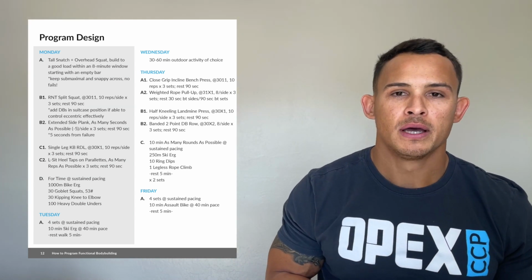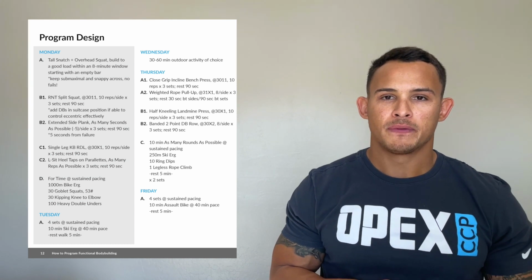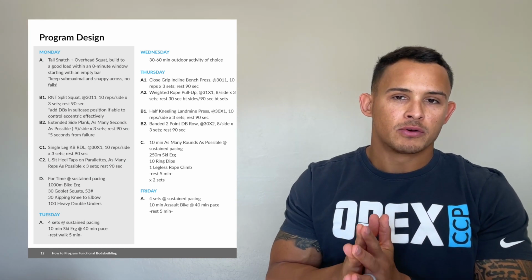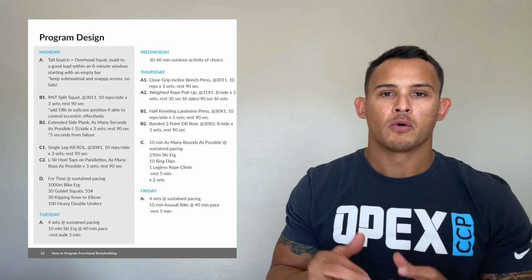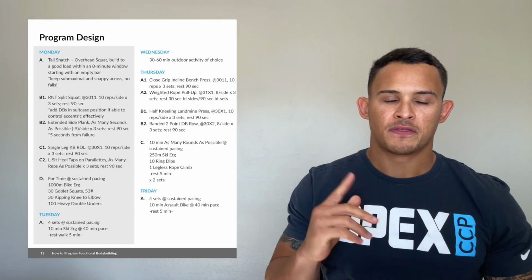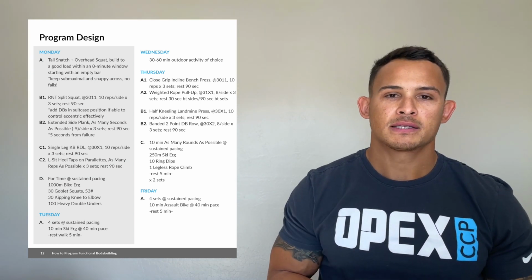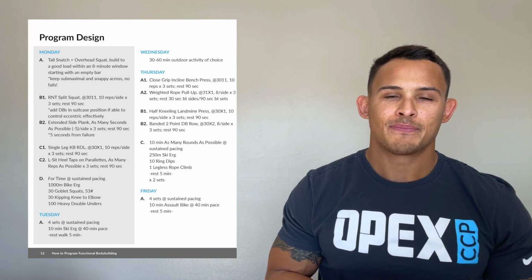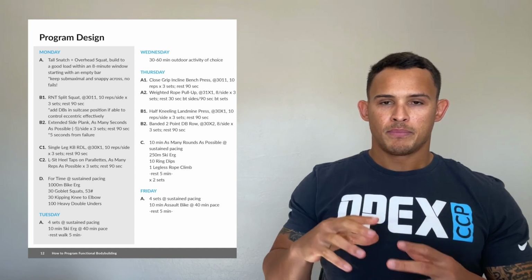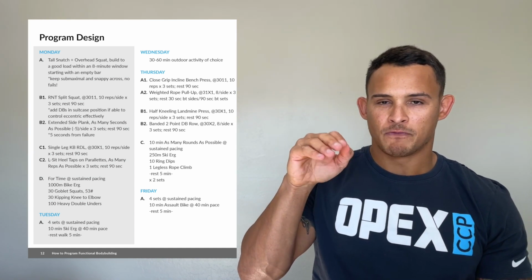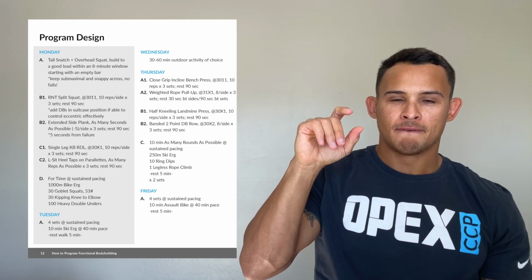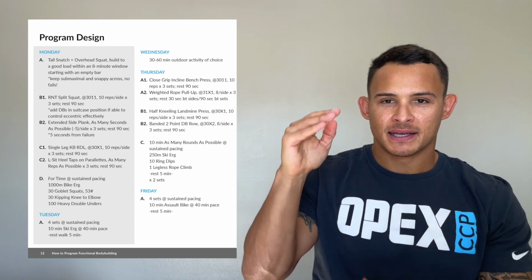Now we get into the mixed modal piece for today. So remember, in this mixed modal piece, we wanted to go chipper format. Not only did we want to go chipper format, but we also wanted to focus on the lower body specifically, because we want to stay true to the goals of today. So I laid out a 1,000-meter bike erg, 30 goblet squats at 53 pounds, 30 kipping knees to elbow, and 100 heavy double unders. Because this is a four task piece, you can kind of see what body parts I'm biasing as we walk through.